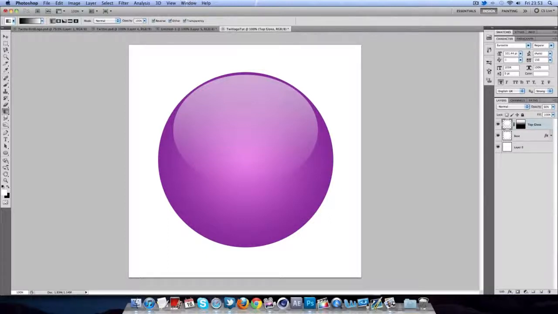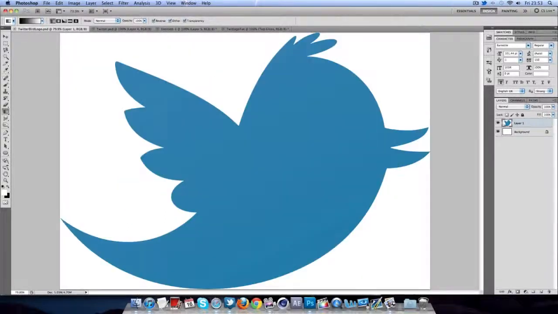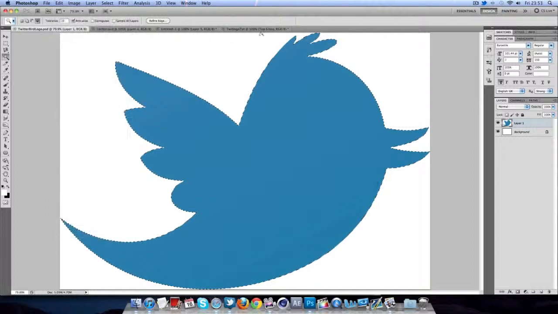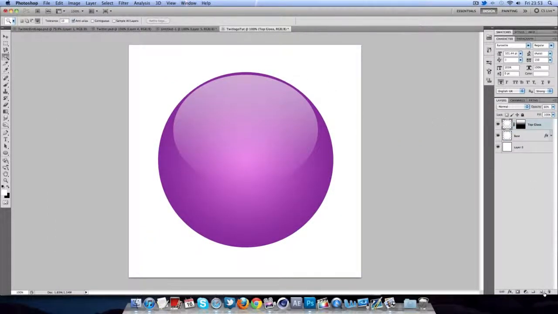Obviously you can call them whatever floats your boat really. And so we've got the Twitter logo here. I'm going to be giving a tutorial on Twitter simply. I've just downloaded this from Google and just typed in Twitter logo, and I'm going to make sure I go to the magic wand and select all of this bird, and simply go Command C, Control C, or just copy, merge, whatever. So go ahead, make a new layer, and we're going to drag this under the gloss, but